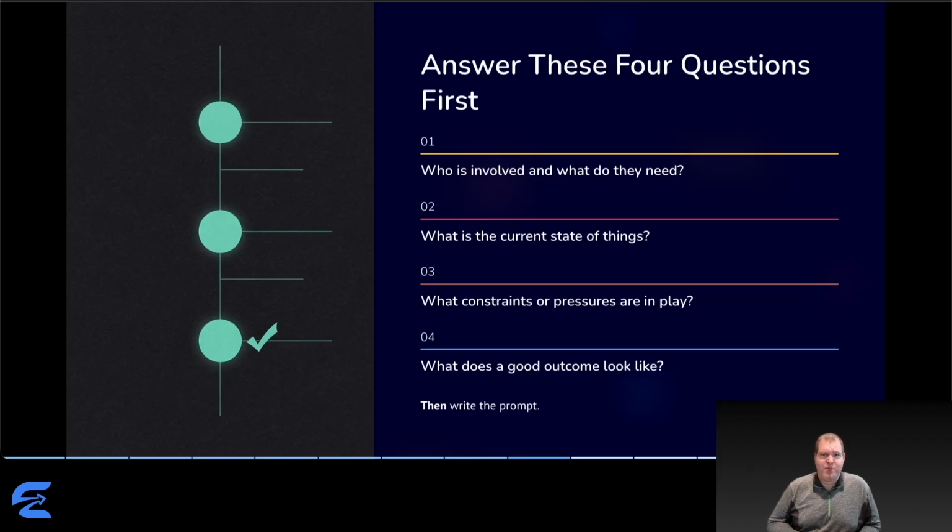The order matters more than you'd expect. When you write the question first and try to layer context on afterwards, you'll almost always leave something out. Building the scenario before the question forces you to think through your actual situation. And that process alone often clarifies what you're really asking.